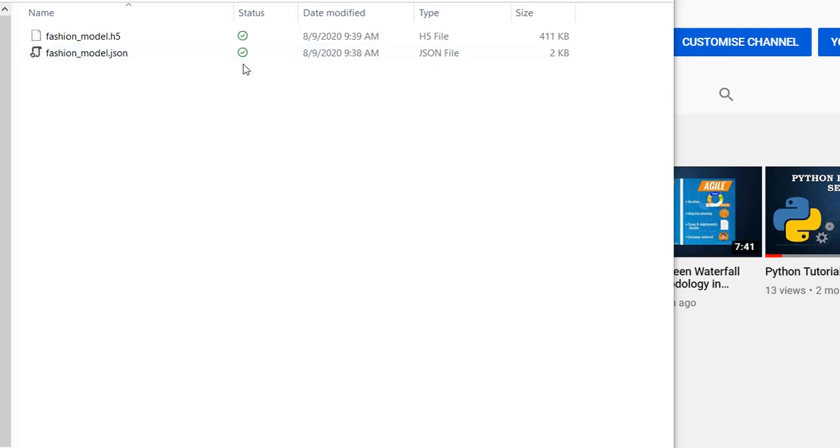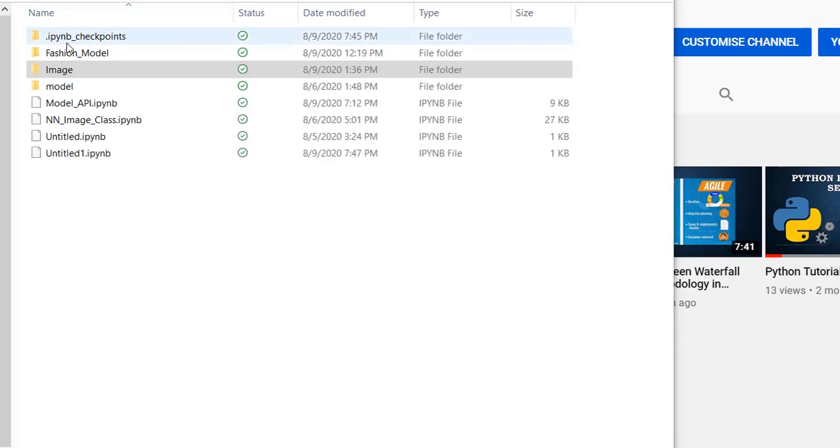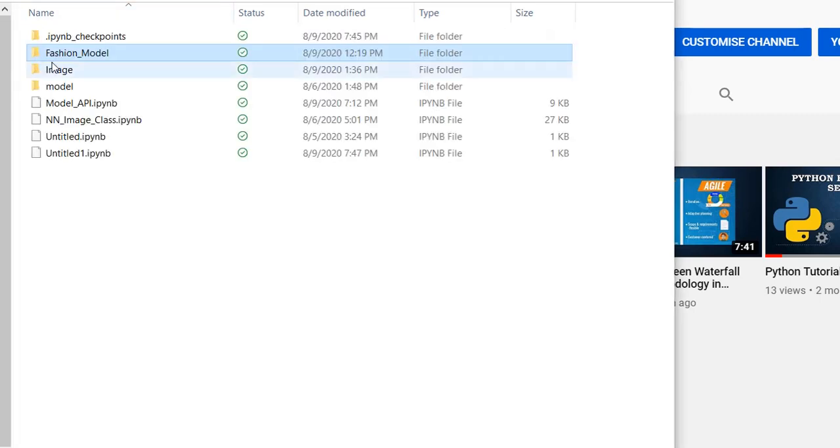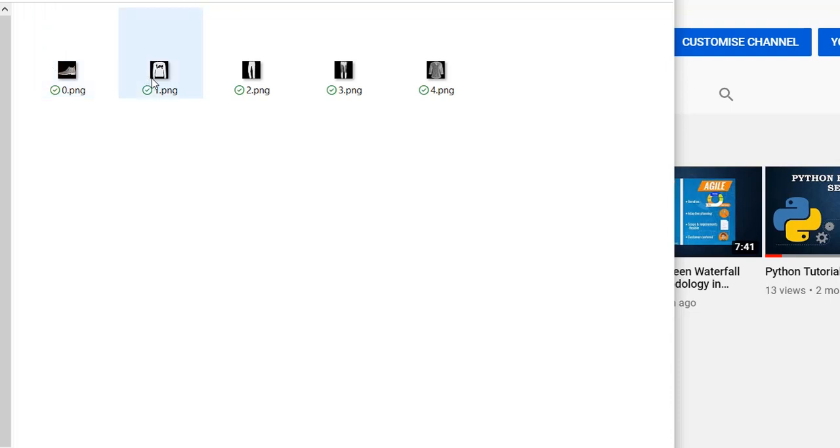I'll show you how to do that in a very easy way. By using the Flask library, we can accomplish these features very easily. We can very easily create an API by using an existing model, so we can run inference on data by using this API. If you see here, in this folder I have the model, and in another folder I have images. We are going to predict these images by using an API. I'll show you how to do that.